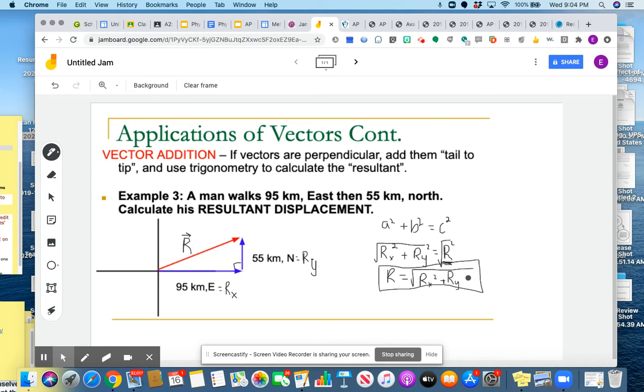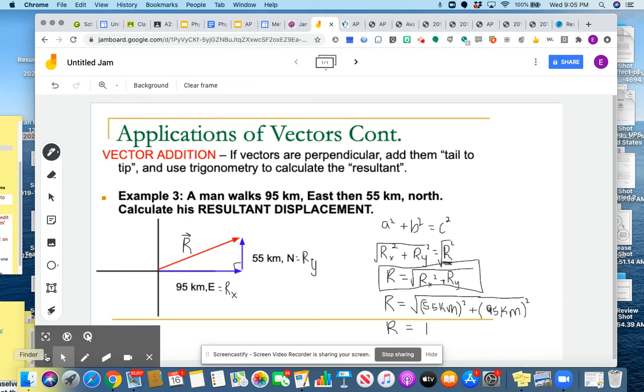Now that we have an equation derived from Pythagorean theorem, we can use that equation to find the displacement or length of this vector simply by plugging in. So I'm going to take 55 kilometers and square it, plus 95 kilometers squared, square root of that whole quantity. When you type that into your calculator, you will find that R is equal to